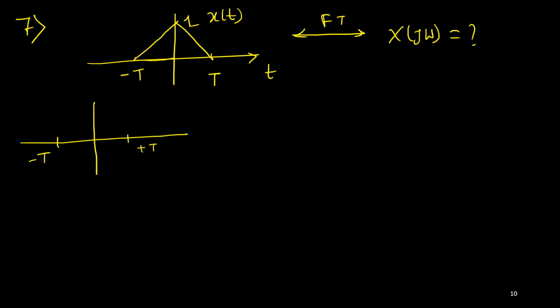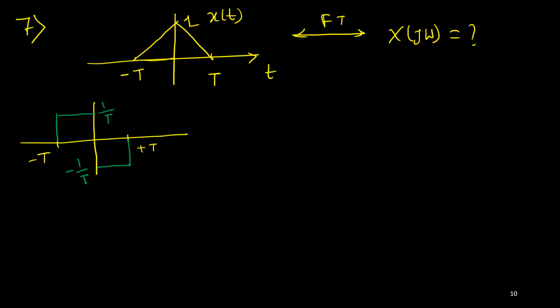So that we can indicate as a positive constant slope up to 0, and its value is 1 upon T. And on the right side, from 0 to capital T, it's a downward slope, a negative slope, and again the slope value is 1 upon T, but it continues up to plus T. So I'll have this one. So this is your minus 1 upon T.